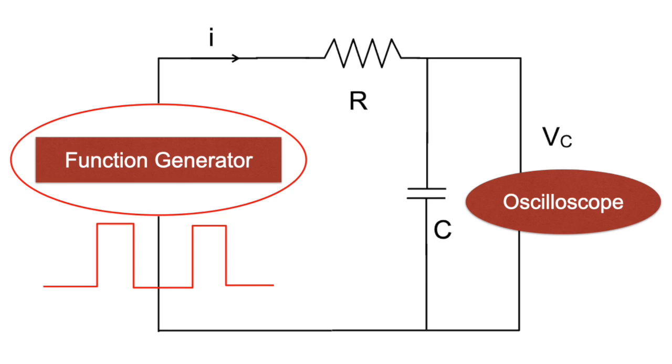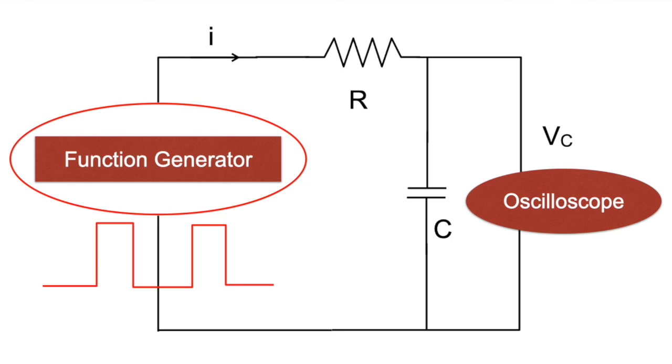So we have a function generator that's going to apply alternating positive and negative voltages to that circuit. So through that resistor onto the capacitor, and then we measure through an oscilloscope, because we have time varying voltages on the capacitor, we're going to measure, or you're going to measure, changing voltage on that capacitor as a function of its resistance and capacitance. And that's going to, of course, lead to an RC type circuit, and very similar things to what you saw